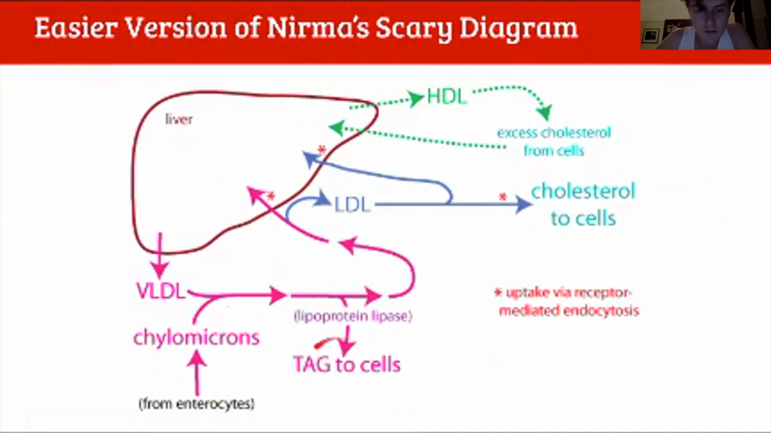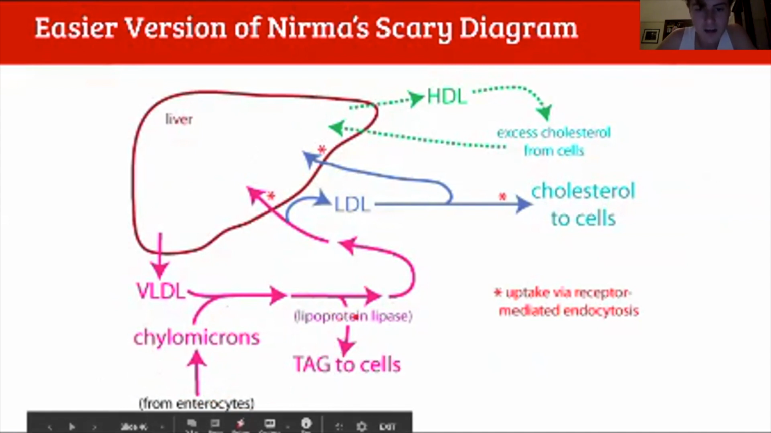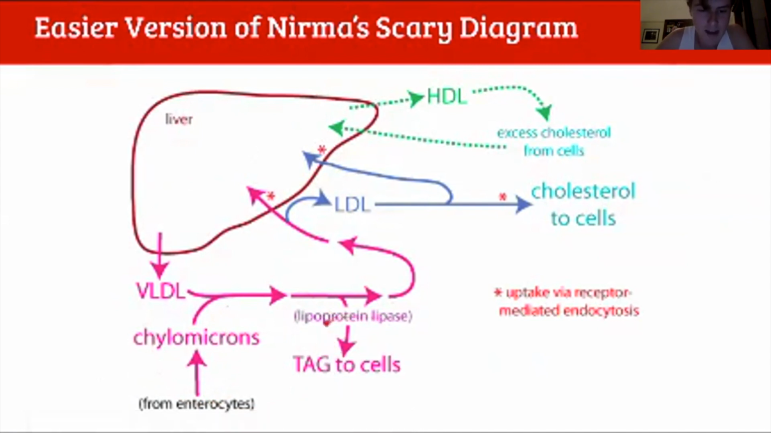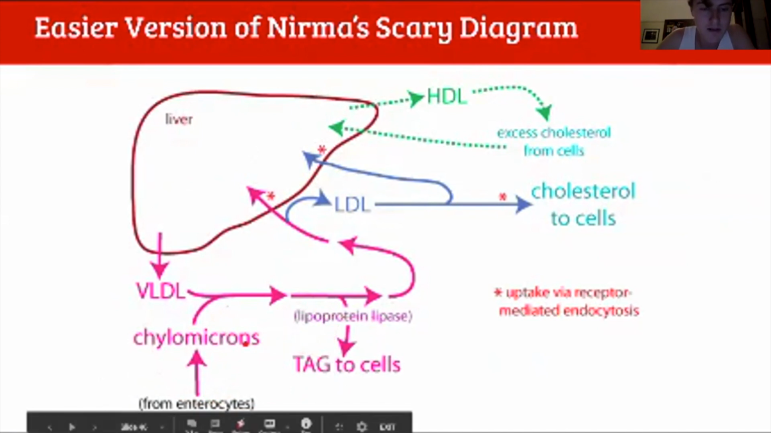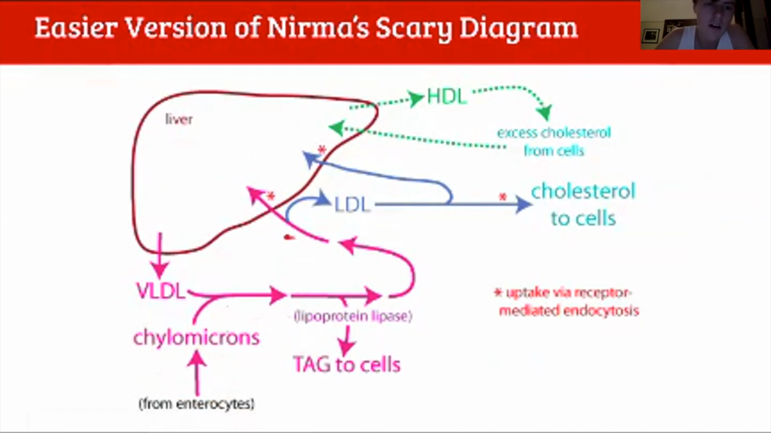They deliver fat to your cells via a reaction with lipoprotein lipase, not massively important in the intermediate step, but the role of chylomicrons is important. They deliver fats to cells, and you get chylomicron remnants, not labeled, but it's this pink arrow here, which goes back to the liver. Those chylomicron remnants and other fats that the liver synthesizes get packed into VLDLs, which contain